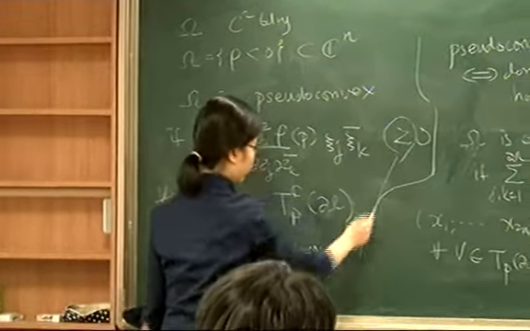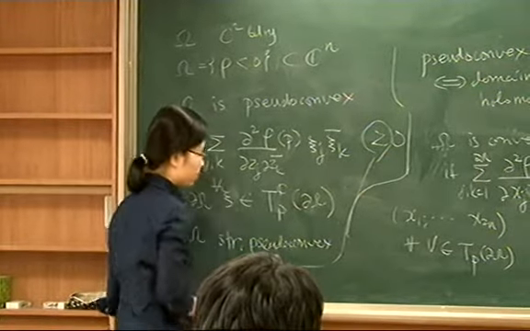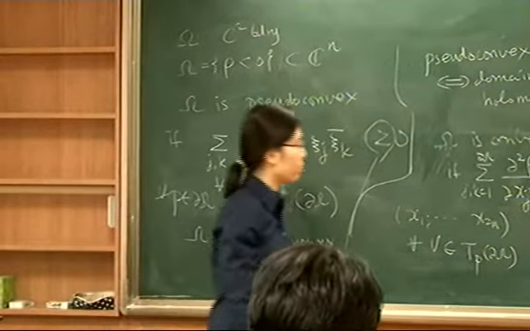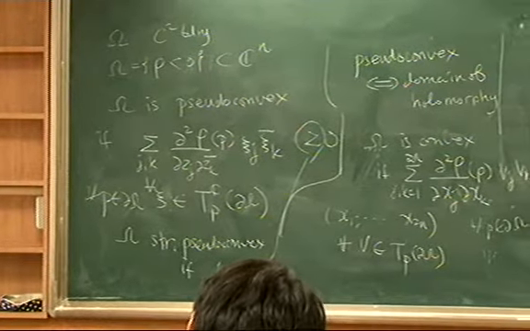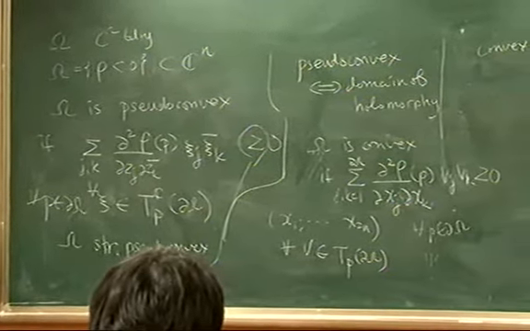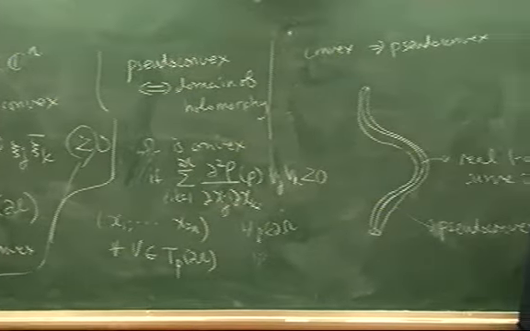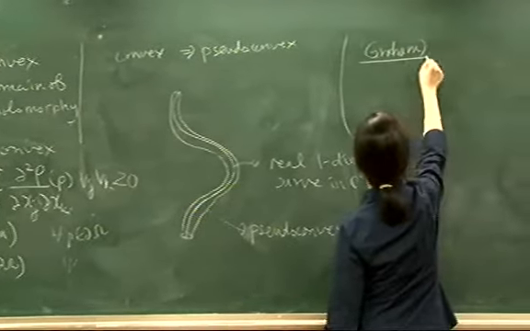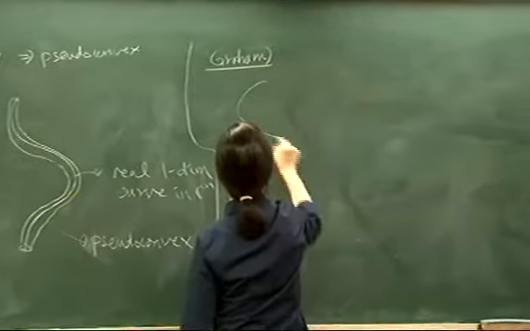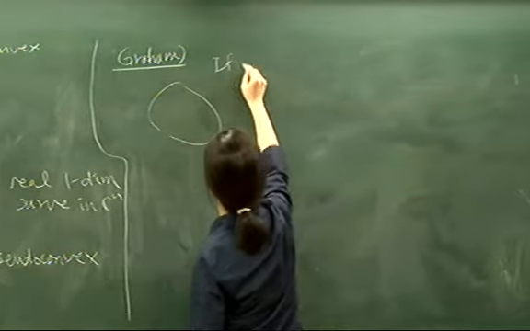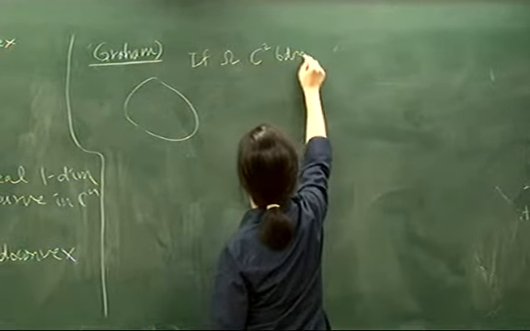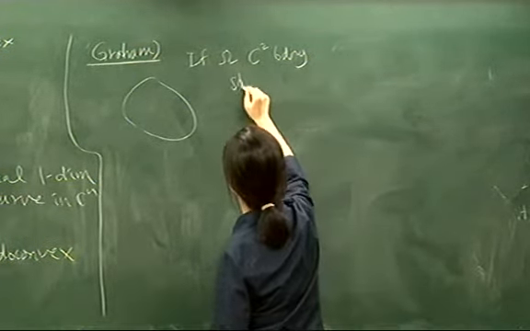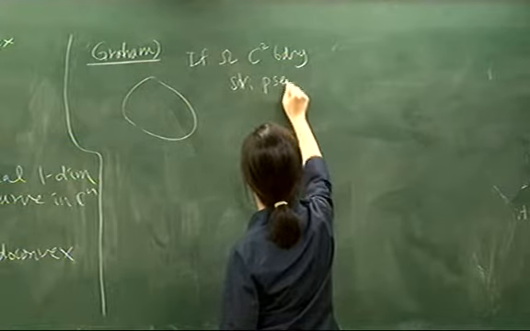If this is strict, then we say it is strictly pseudo-convex. So this is a theorem of Graham. If omega has C2 boundary, strictly pseudo-convex,